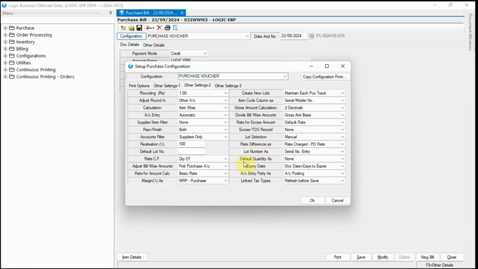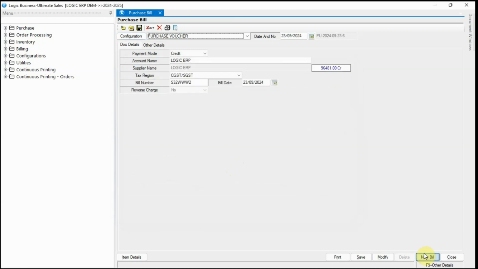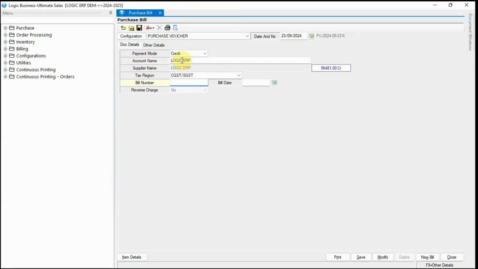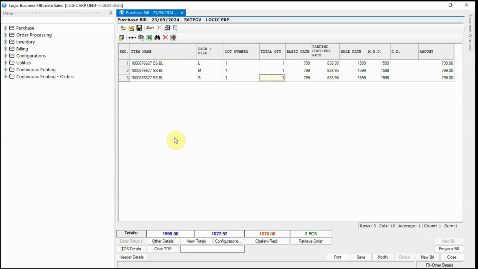Lastly, we have an option that automatically generates lot numbers by incrementing them with each transaction of the item. Let's see its working in purchase. Upon entering the item, the lot number is automatically assigned as 1.